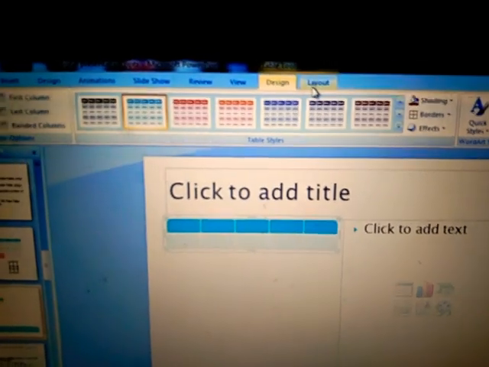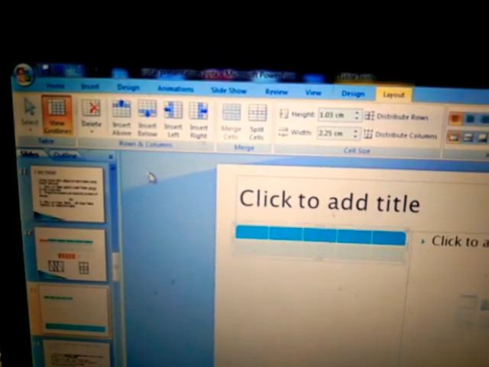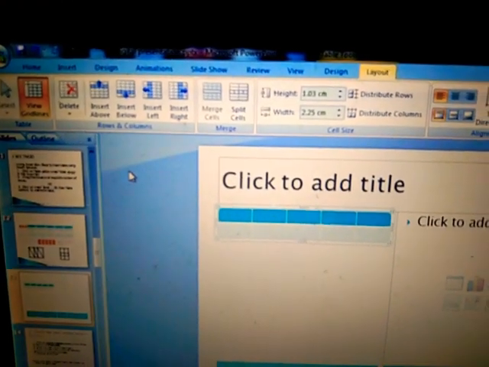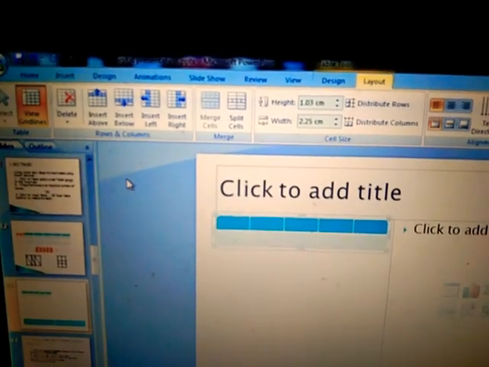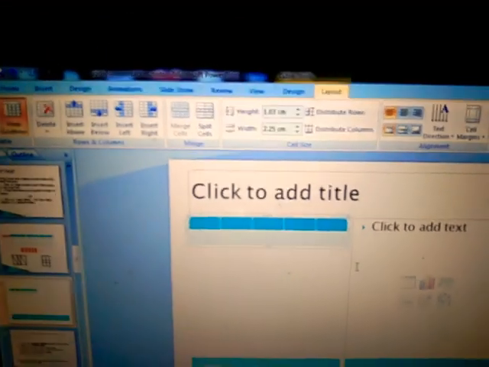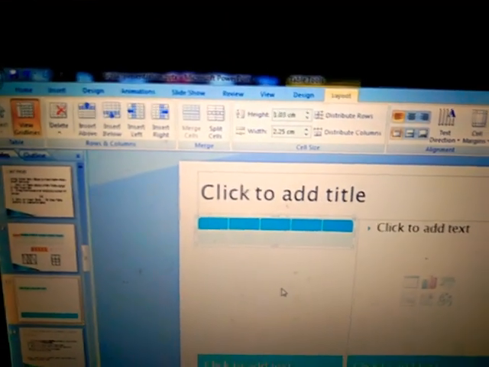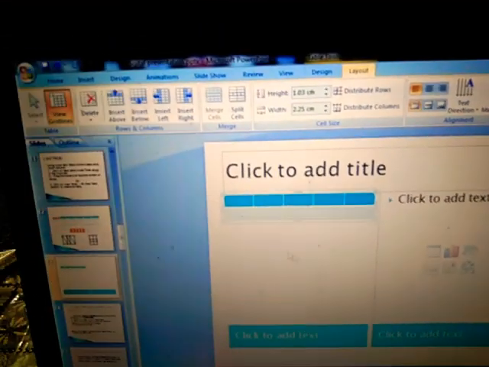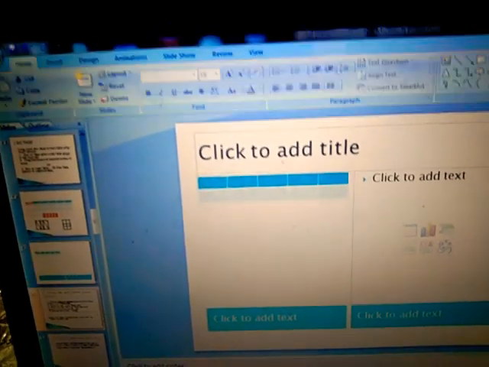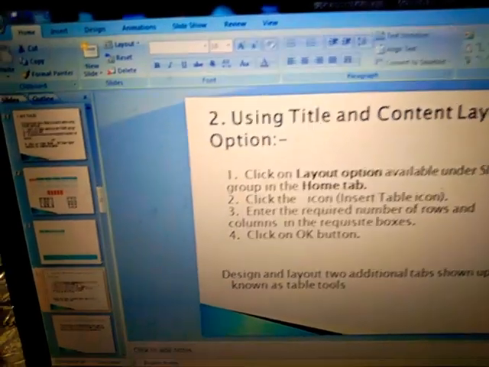And the Layout tab we use if we want to delete or insert rows and columns, merge, split or align, and many other options related to the layout of the table. In this manner, today we have discussed how we can create a table.